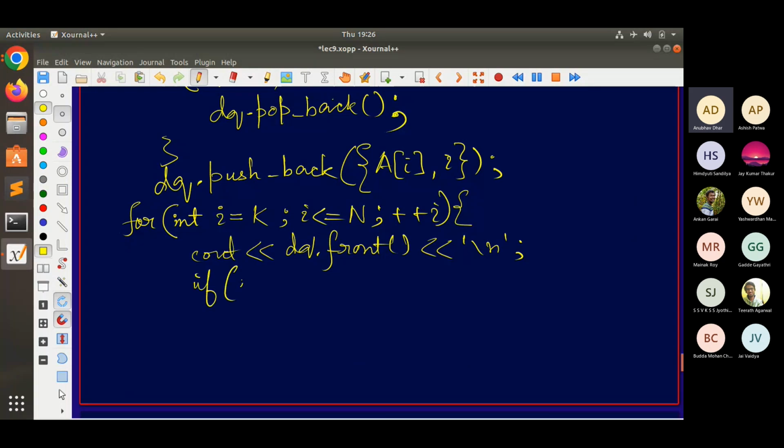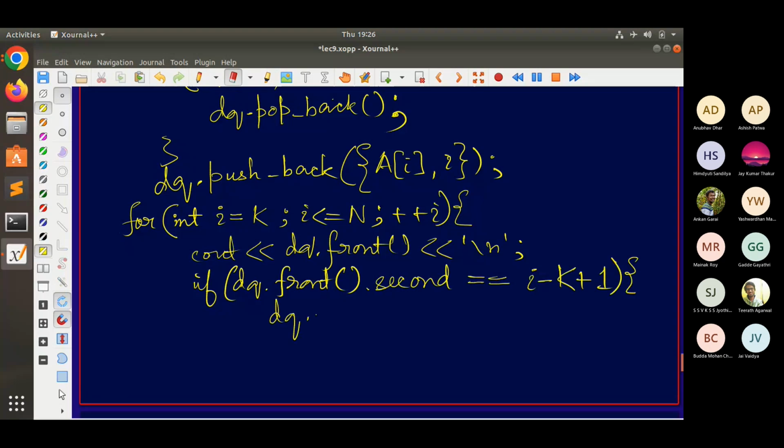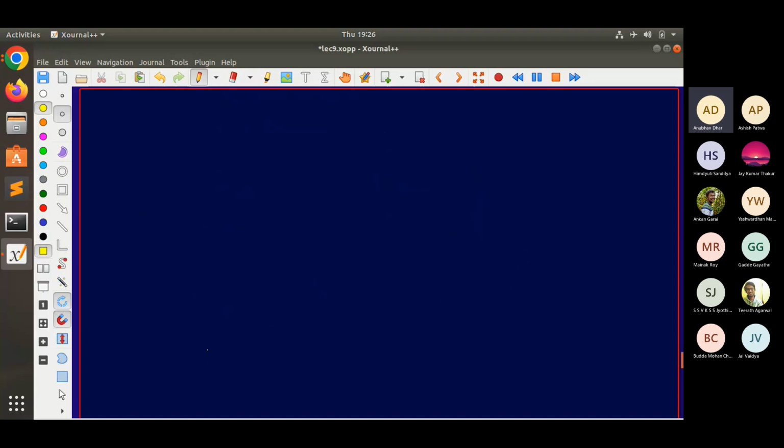If the front element is the first element in the current sliding window, then we just pop the front. And then we again check if